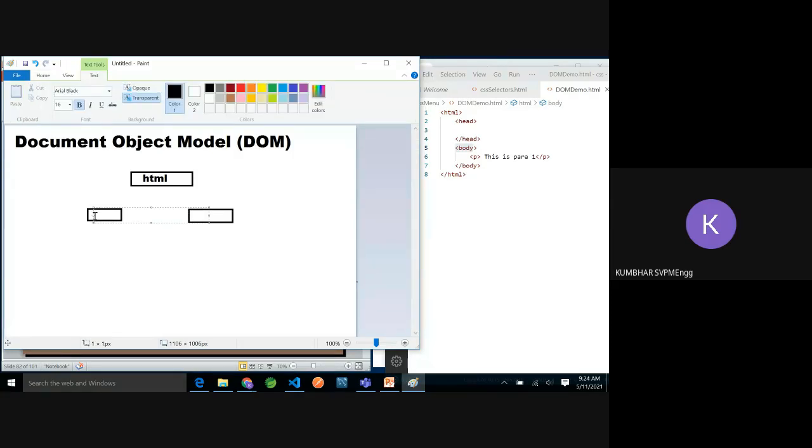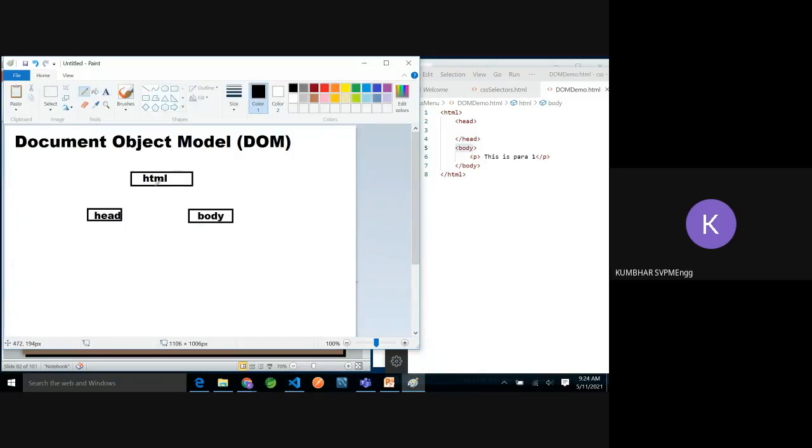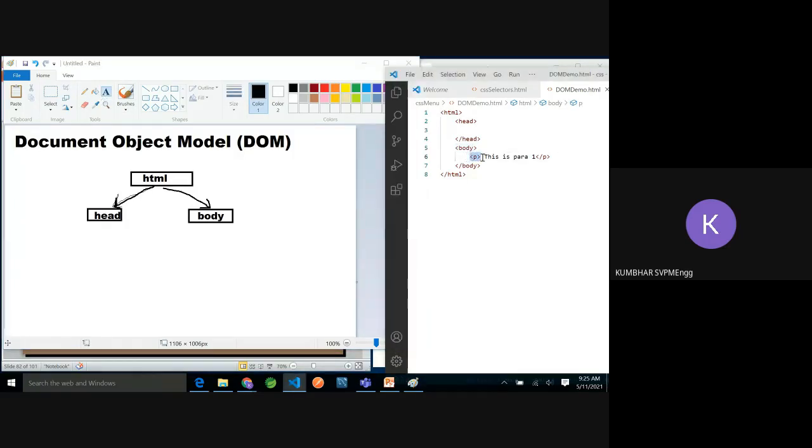Let's say it is head, and I'm not giving the less than and greater than signs, but that is the tag name, body. These will be the children for this tag. It is a DOM tree. It is going to be very useful when you apply the styles and when you learn scripting. Then you can find paragraph is one element in body.